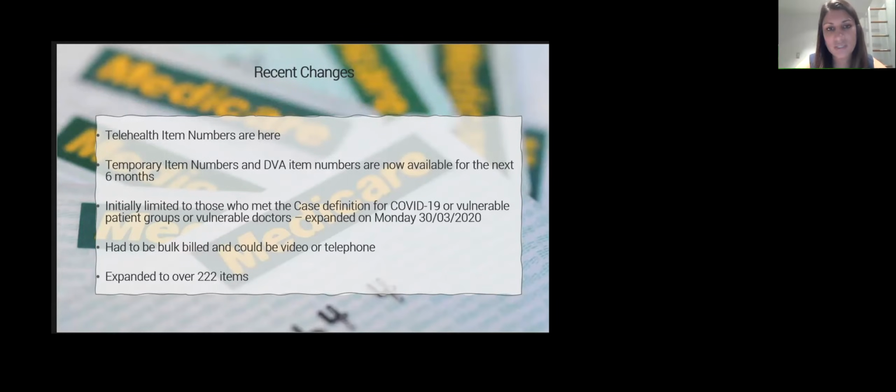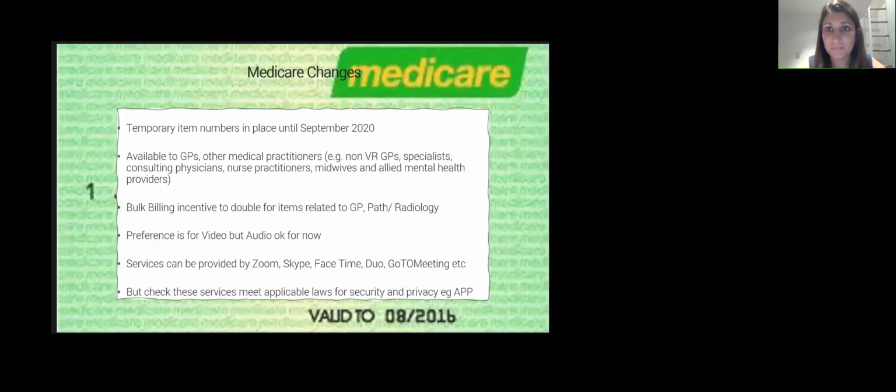So it's not just for COVID-19 anymore, it's for all conditions. It covers standard consultations, GP ATSI health assessments, chronic disease management items, autism management, pregnancy support, eating disorders, mental health, and some urgent after hours care. So the practitioner does not have to be at the practice to deliver these. They can actually be done from home as long as you're using the provider number from your main practice. We might just move over to the next slide.